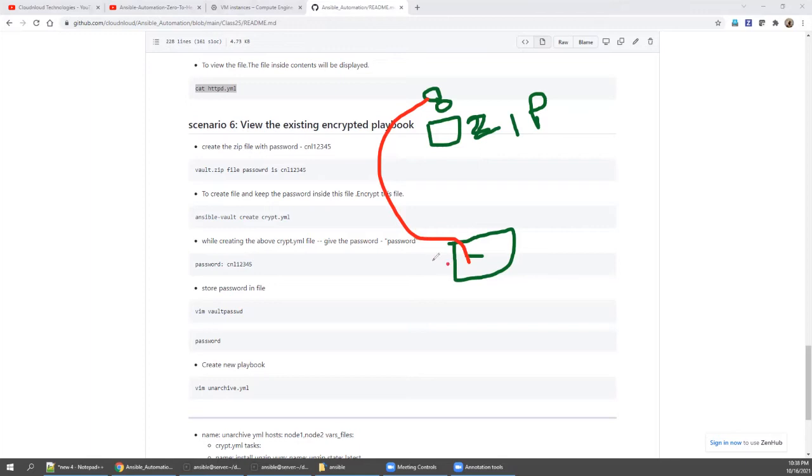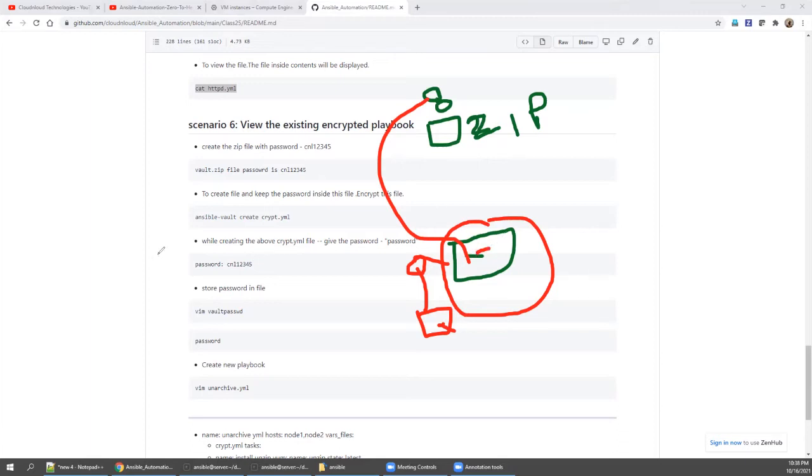That is the password I have to issue. This file is having the password for Ansible Vault to open this file because it's encrypted, but the zip file password is mentioned in this, right?